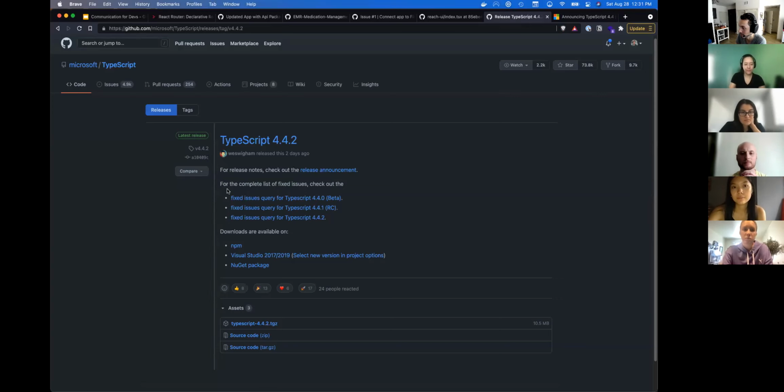It doesn't have a TL;DR, but it has explanations of what it fixed, fixed issues, and then links to downloads. So releases are another great way to add documentation to your code. Cool.